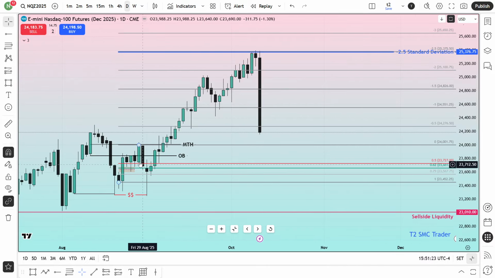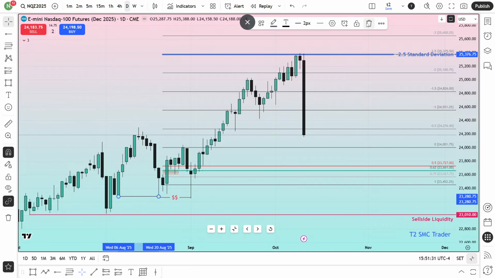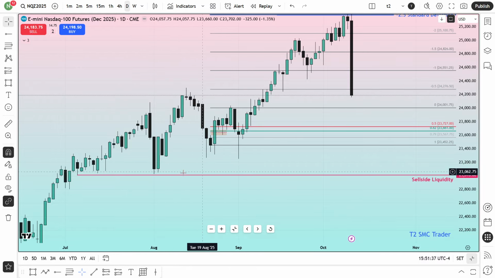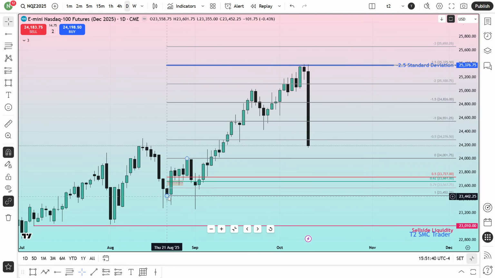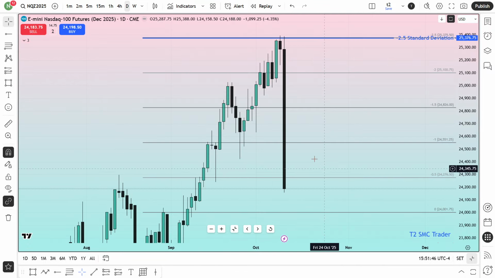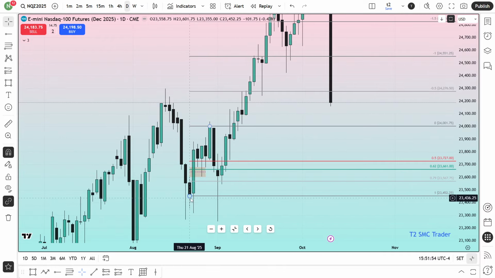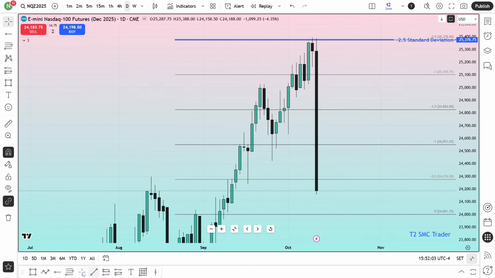When I mark the standard deviation, by the way, I'm going to remove these order block lines because I hope it's clear to all of you guys. I'm going to remove them, and these lines as well. Instead of those lines, I'm going to keep only this sell side liquidity. So when I have marked body to body, I have found some levels: 0.5, -1, -1.5, -2, -2.5. You can see this is -2.5. If I mark the standard deviation from body to body, the strongest level is -1.5 standard deviation, which I am going to mark here.